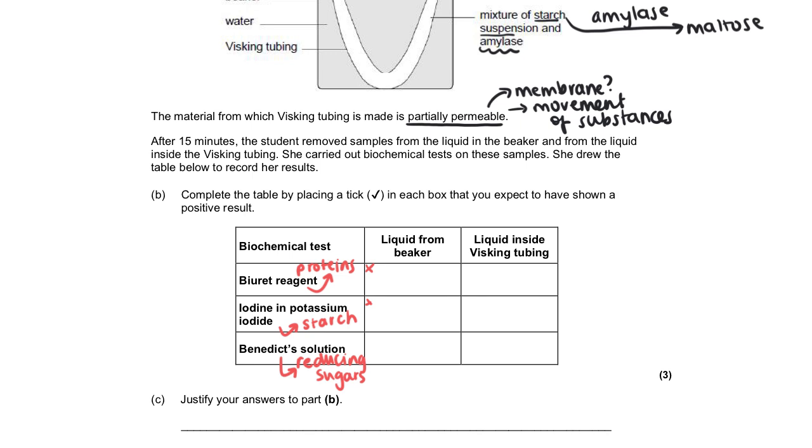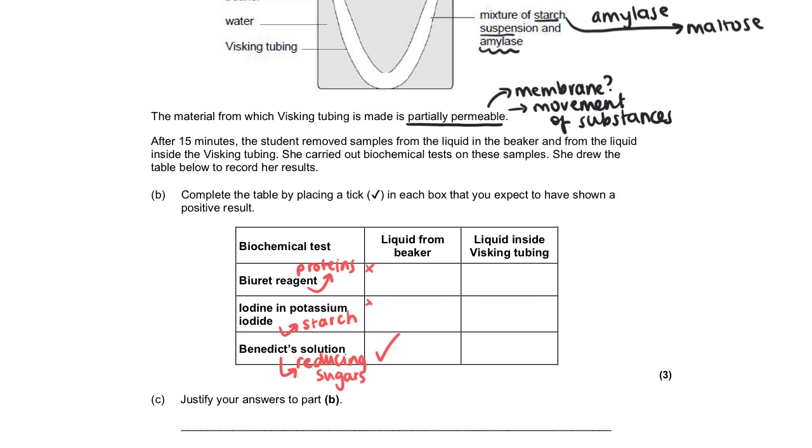In the ileum, we might have other mechanisms, so things like facilitated diffusion or active transport that might move these bigger molecules across the membrane. But actually, they're not going to go through this Visking tubing. However, we are going to have some reducing sugars. That maltose is going to be able to be broken down and travel